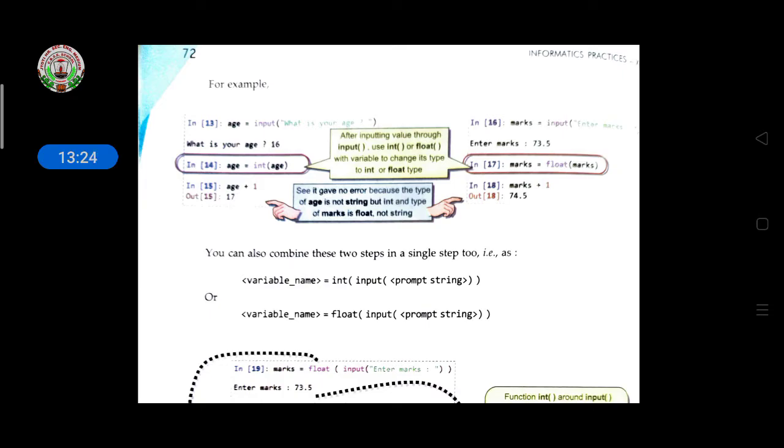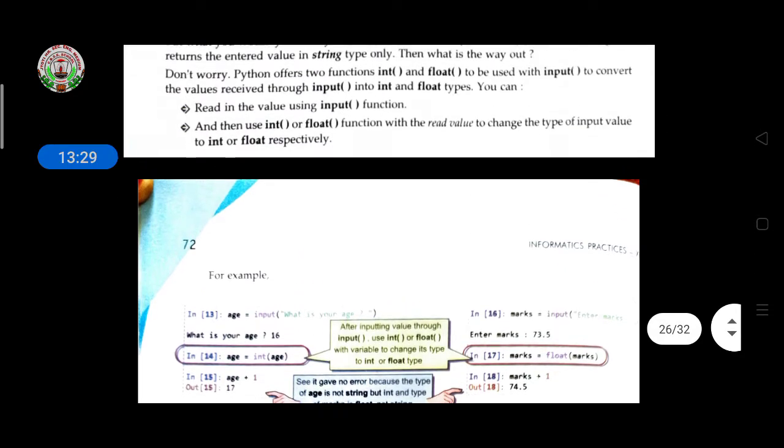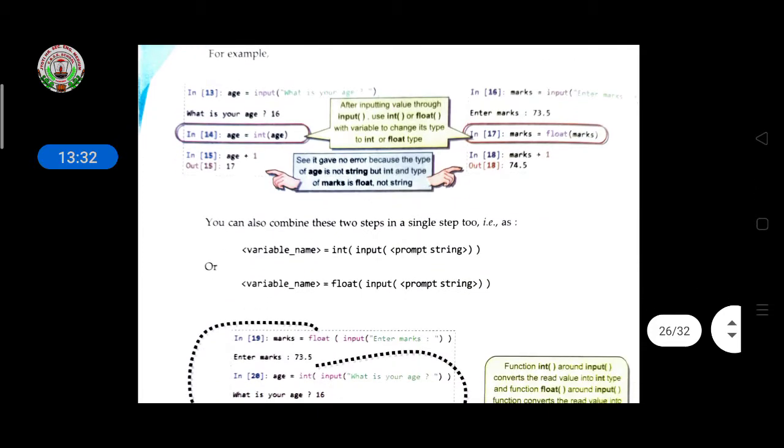So if you give any calculation, calculation meaning operations, for example to calculate the age number, then it will be able to add to the age, because we had considered age as an integer, and plus 1 is also an integer. Earlier age displayed 16, so here 16 plus 1 equals 17. Like this it will work. Then the same applies to float.